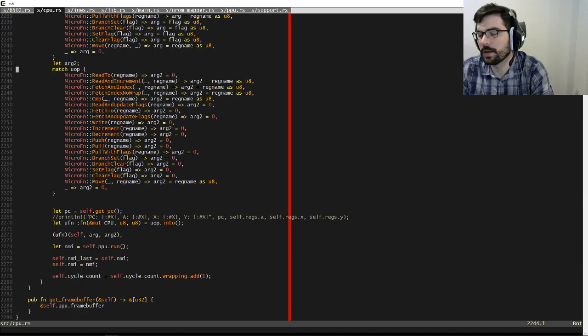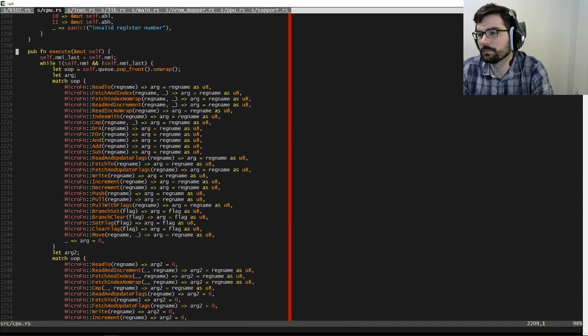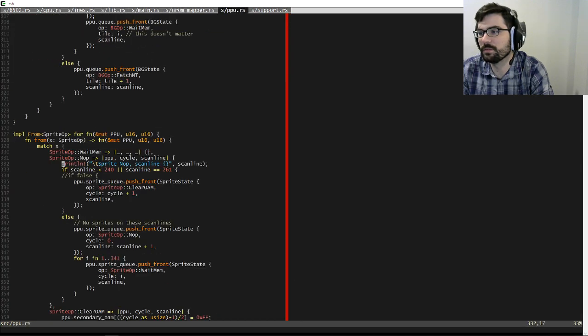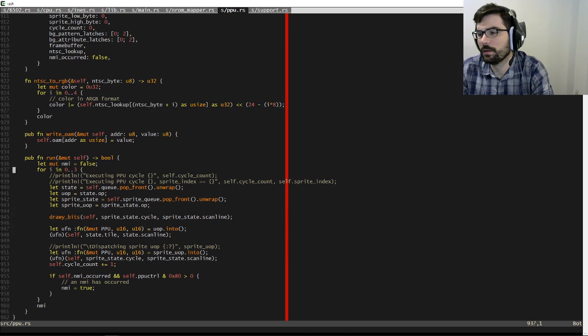So I have to think about how that works. I guess I could just return both bits of state from this guy here, and then break out of the loop based on the NMI occurred, not based on this thing.